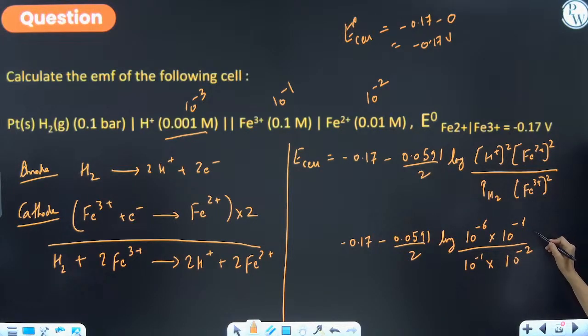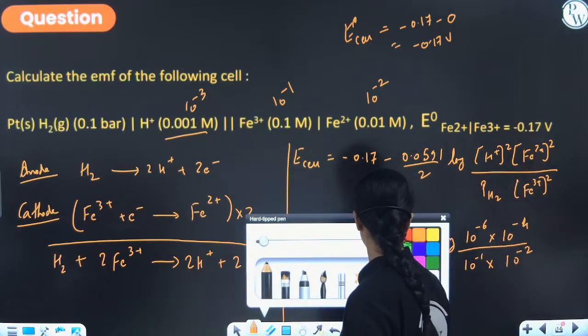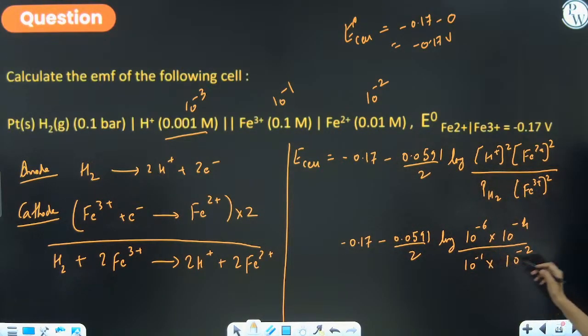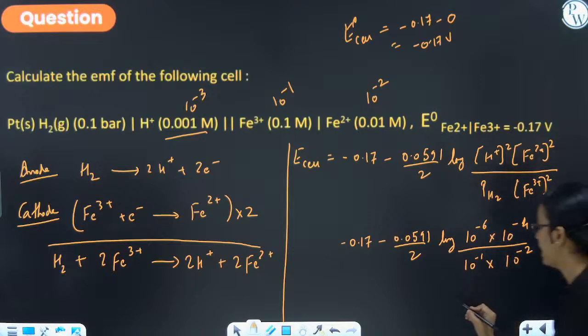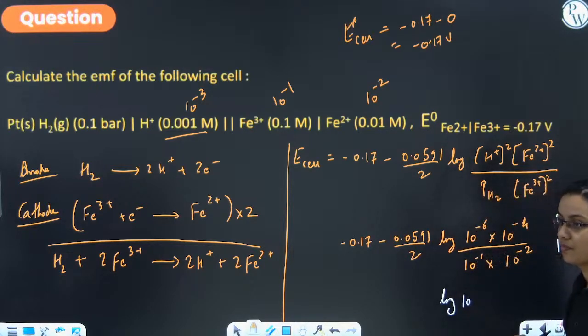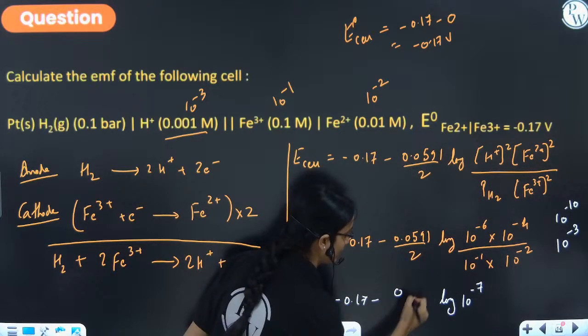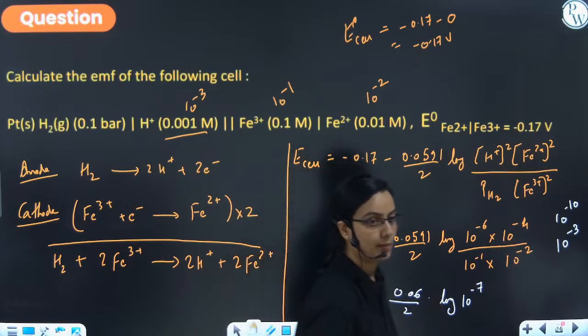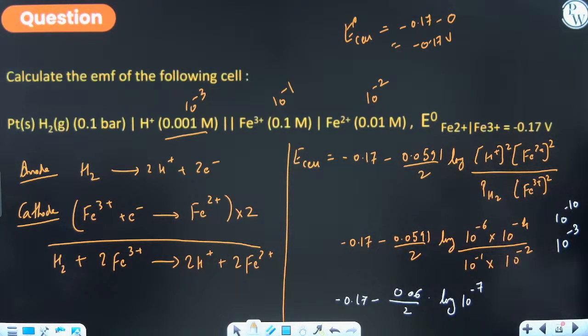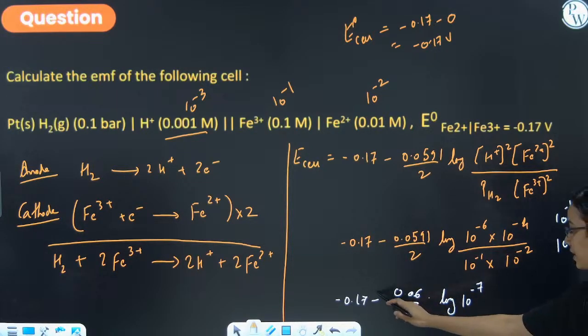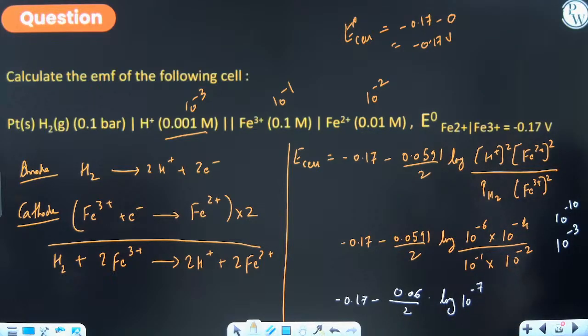Solve हो जाएगा 4. अब देखो यहाँ पे the numerator it will be 10 to the power -10, denominator में 10 to the power -3, this will go up, क्या आएगा log के साथ 10 to the power -7, solve हो जाएगा, -0.17 minus ले लो भाई 0.06 ले लो by 2, again this -7 will come here, वो minus और ये minus, plus 7 log 10 is 1,